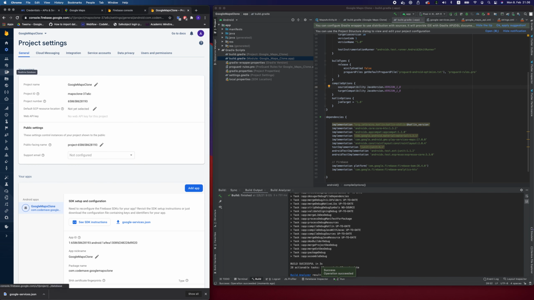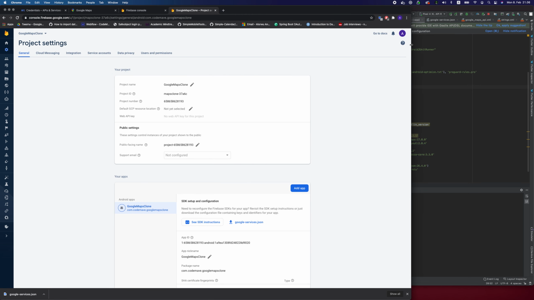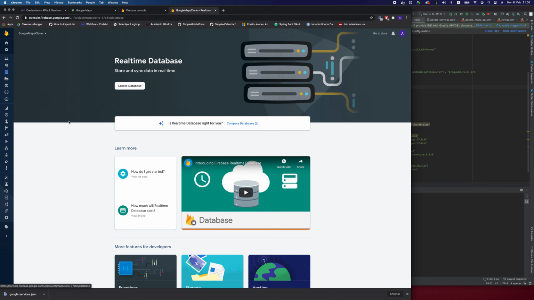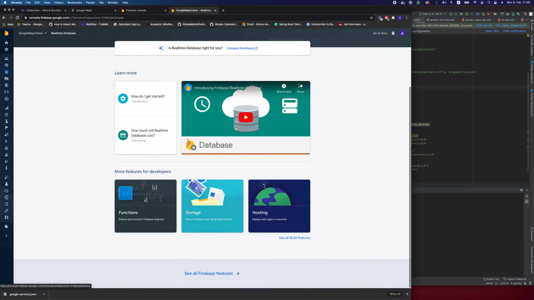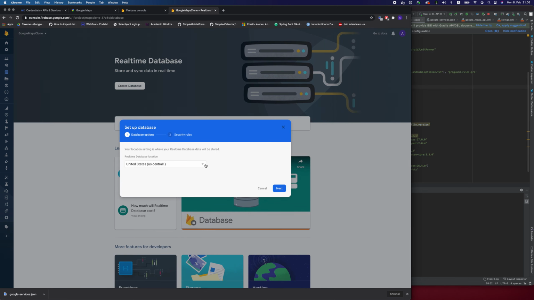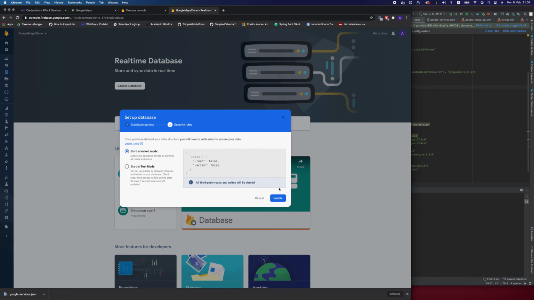Now we need to include our real-time database. Okay, so this is our real-time database. I'm going to click on that, and we need to create a real-time database. There are videos that you can watch and lots of resources that you can read to fully understand what goes on. But here we're going to create our database, and I'm going to leave it here, US Central, and in lock mode, in test mode, well, I'm going to